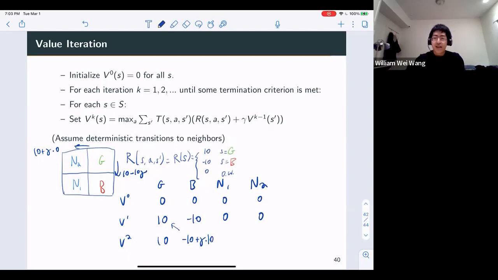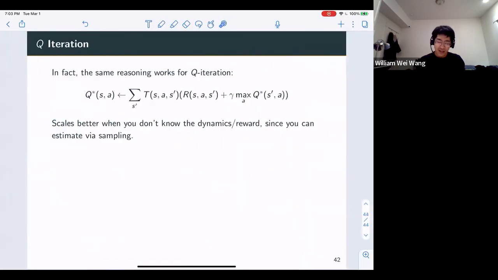So at home, you should go, I keep on saying at home, I guess you guys are at home. After the session, you should try to figure out what these two values are. If you want more practice, run another iteration of value iteration. And as long as you can compute a few iterations here and in this format, you should be fine, I think, for the value iteration part of this exam. And the rest of it, there's also Q iteration, but that's kind of the same thing as value iteration. You just do the same thing with the Q functions.